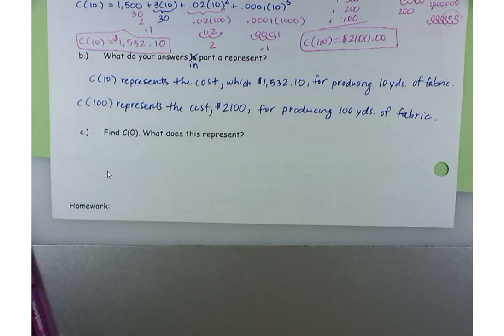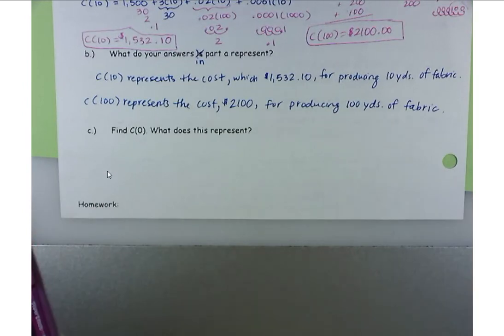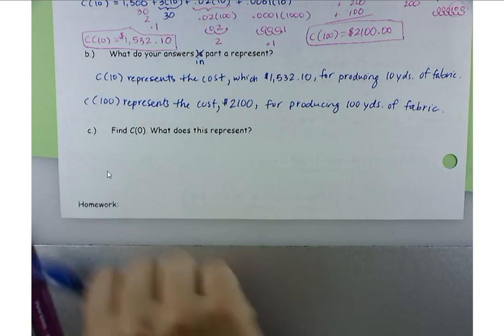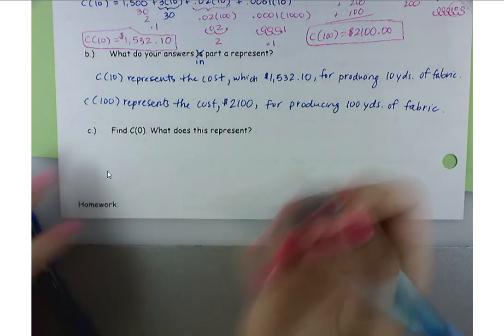so don't skip over that just because you don't like writing. Okay, it is something that you'll have on your test. And then the last one says find C of 0. What does this represent? So if we're finding C of 0,